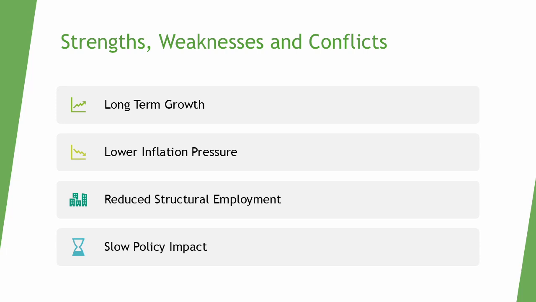Policymakers may face a trade-off between short-term economic stability and long-term growth, as supply-side policies often take time to show results. There can also be conflicts between efficiency and equality, where market-based reforms improve productivity but increase income inequality. Additionally, higher government spending on interventionist policies may conflict with objectives to control public debt and taxation levels.